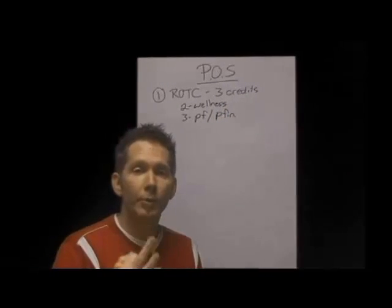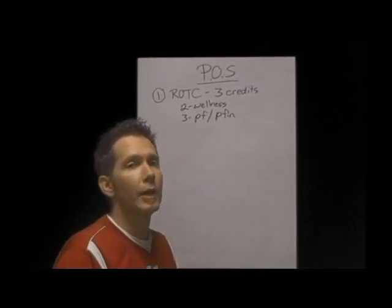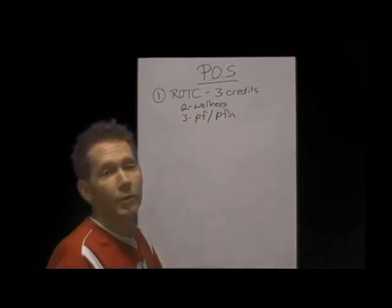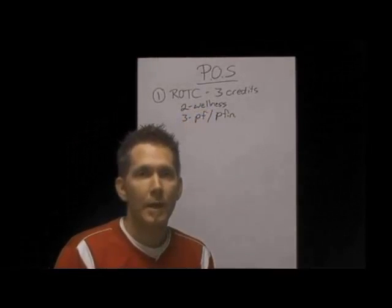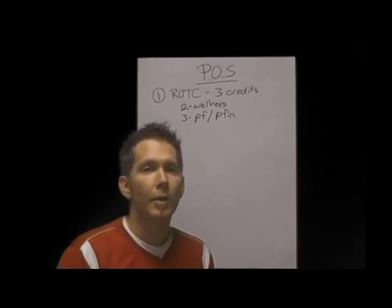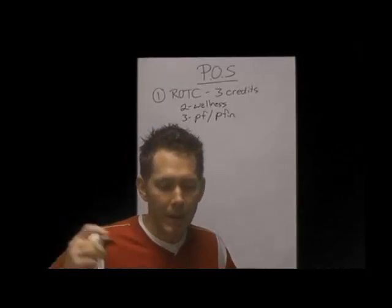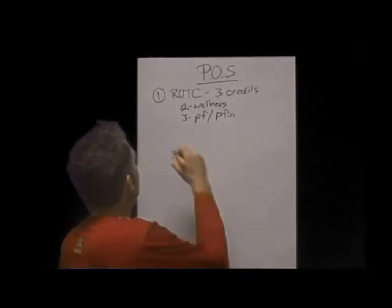So once you complete the 3rd level of ROTC, you will complete the program of study, plus you'll get credit for wellness and personal fitness and personal finance. The 4th level will be more of a senior leadership type of position, but it will not be required to finish the program of study. Next program of study is